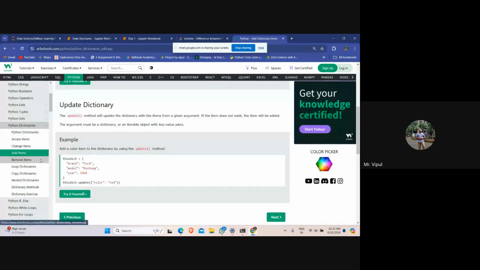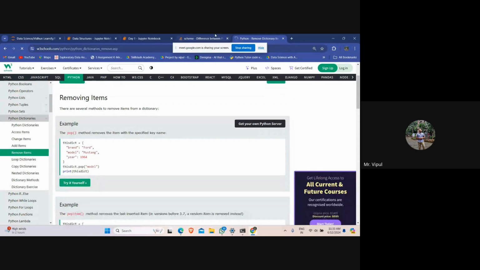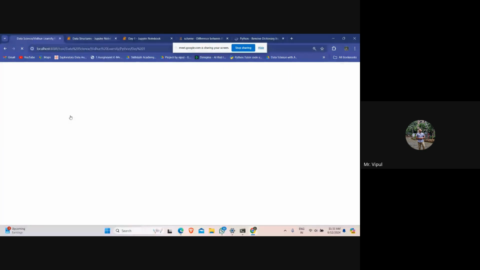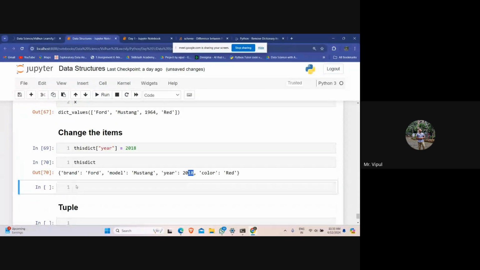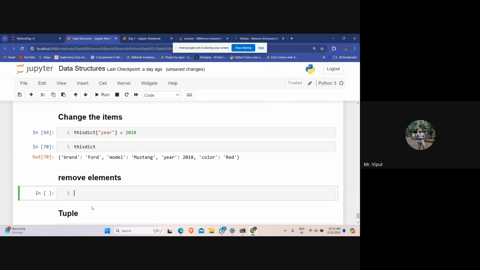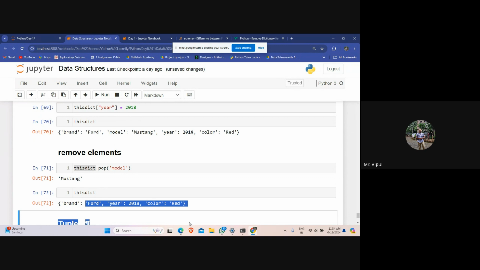To remove items, we have the pop method that we have seen in the last class, right? So let us try to do this. Let's say you want to remove elements. Suppose from this dict, which is the name of the dictionary, I want to pop, meaning remove. What to remove? Model. Model is removed. Now if you check what is there in this dict, you have this. Model is not there, right? You do not have model.